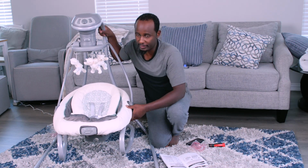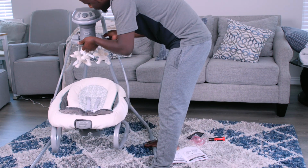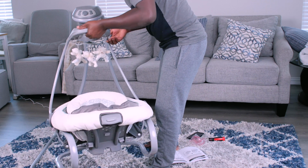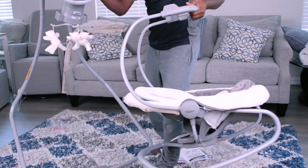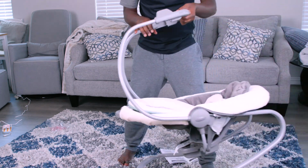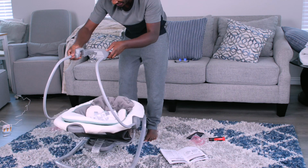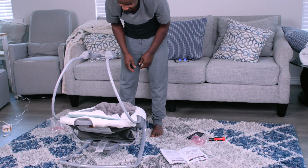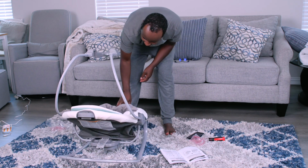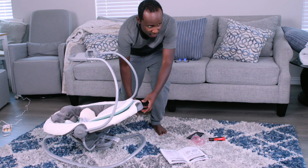Now this is the swing, but how do you use it as a rocker? If you remove this one and put it up, then it becomes a rocker, and put this guy away. Now the baby can sit in this one and it's rocking. See? You see that rocker? And if you attach the swing,